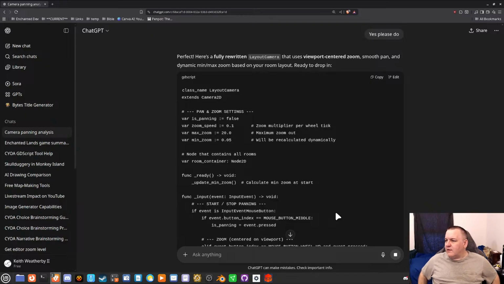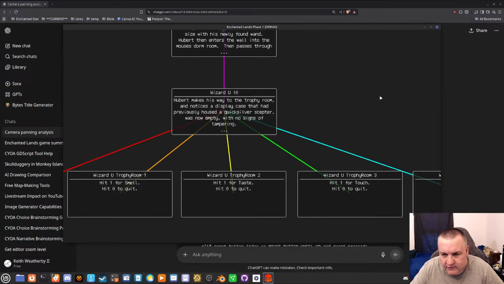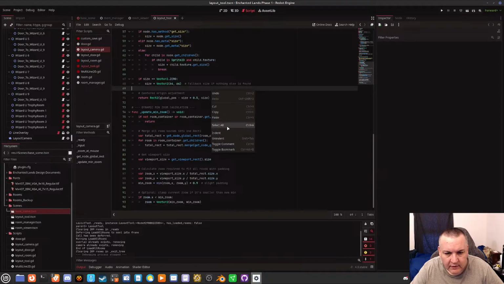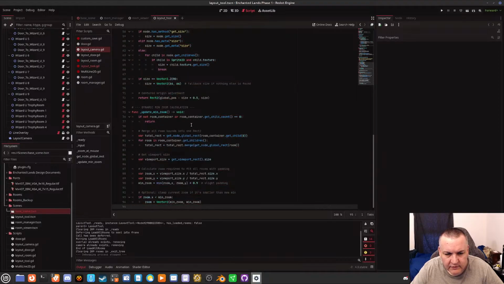What's funny is this might actually be making me more progress than the other days that I did this. So let's see here. Select all, paste, Control S.